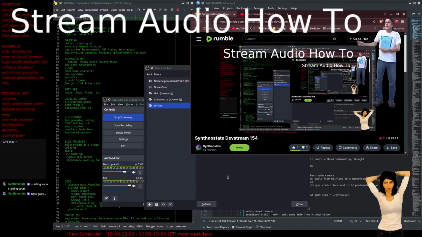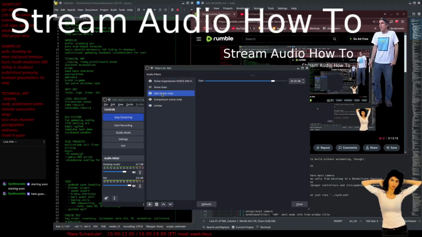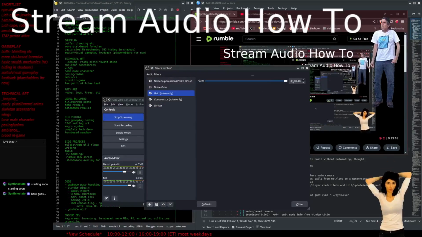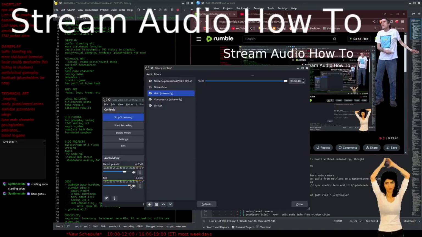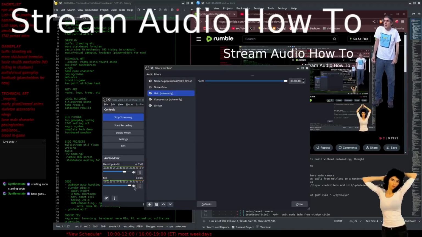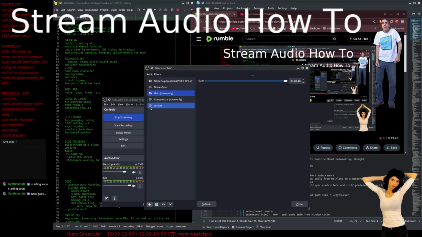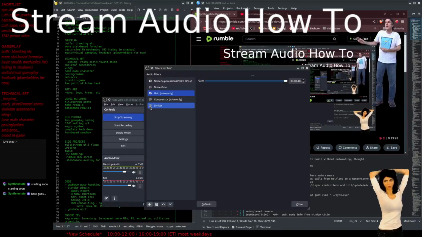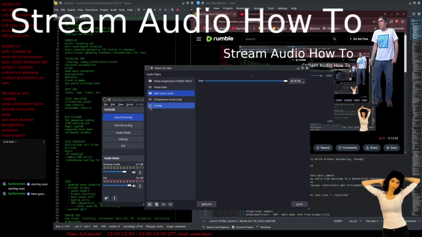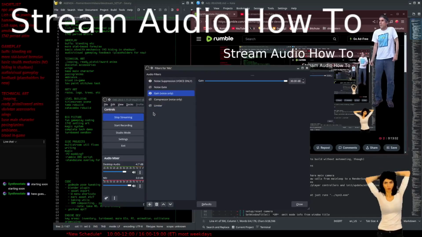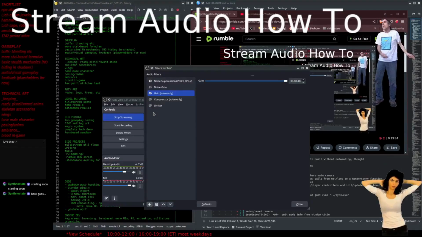Okay, that wasn't actually that bad. But if I turn up the gain all the way, let's try it. 30 decibels gain. Without, let's see, what if we turn off the compressor and the limiter? So yeah, look at that. Now we're up in the red, and this is probably like ear rape, right? I'm yelling into the microphone really loud.